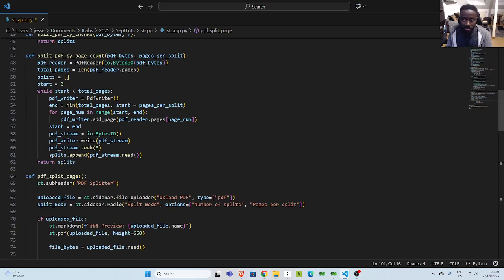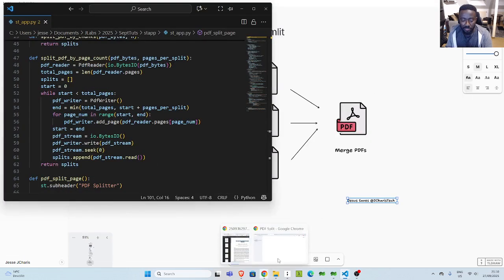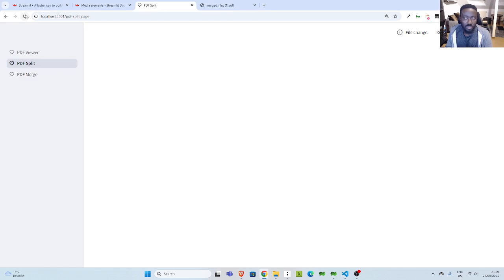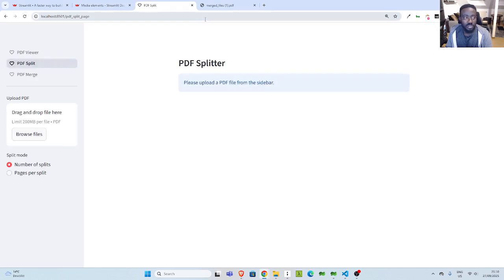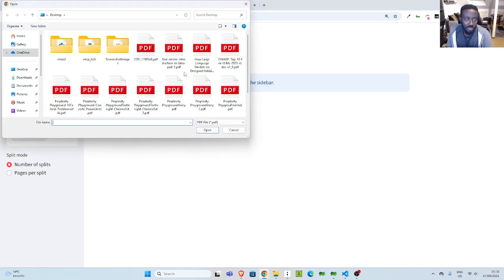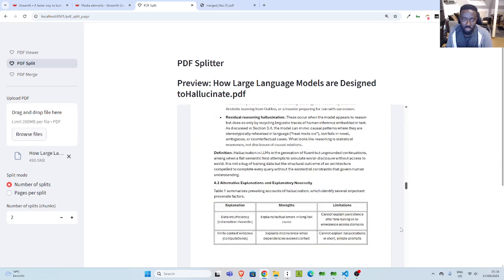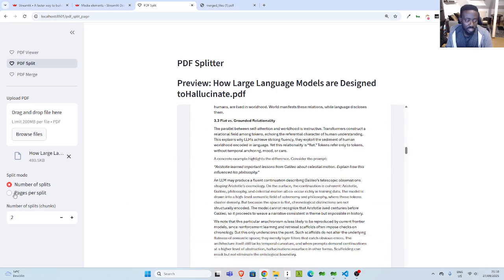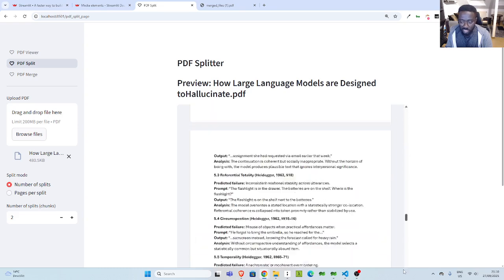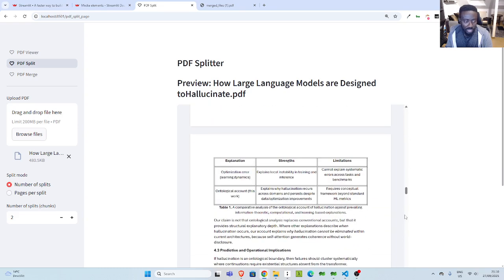So let's go down here and then let's run it. And then I'll go back here, refresh. This is it. So let's refresh it again. And if I come back to the split option here, I can upload a file. So let's pick this one. And then this is previewable. This is a very nice article. Then I'll go to split by 2 pages. And as you can see, there are a lot of pages, but I can split by just 2. So let's go with split by 4,